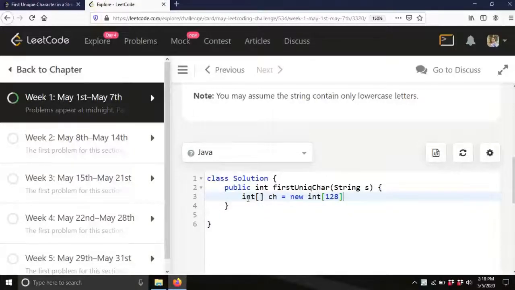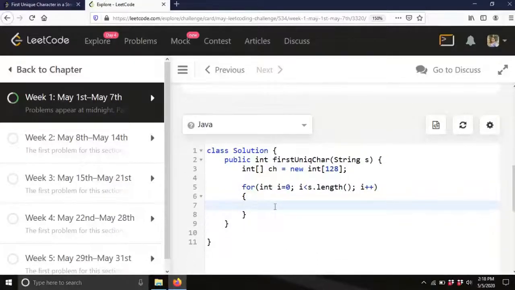After that we will iterate through the string: for int i equals 0, i less than s.length, i plus plus.